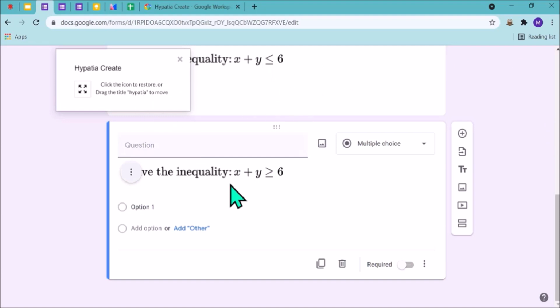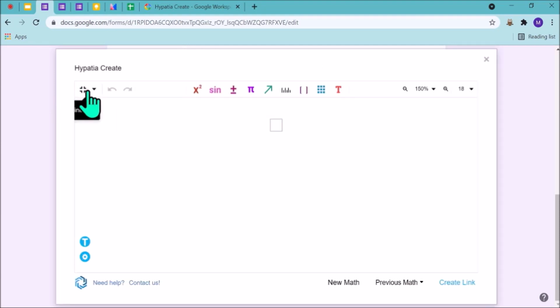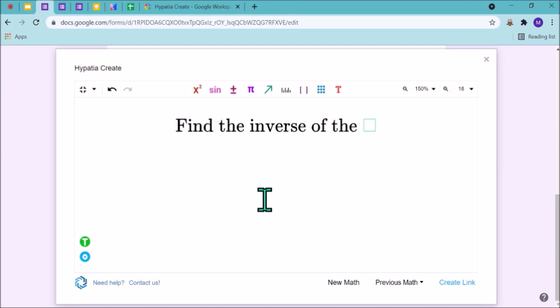Okay. Now let me just insert a question on matrices. I have to write some text here. You can type the text here in the Google form itself also, but I am habitual of writing the complete question in image form, so I use it only. Yes. Find the inverse of the matrix.